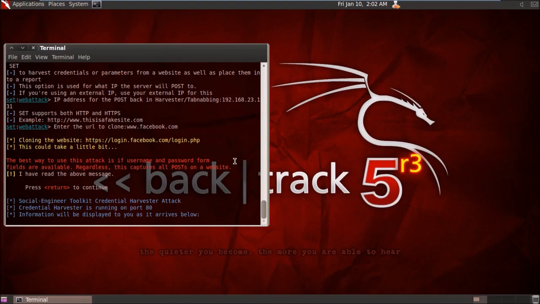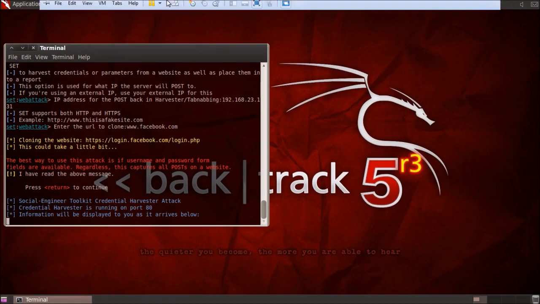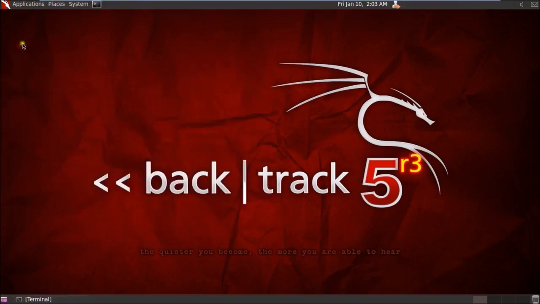Now your attack setup is complete. Whatever credentials the target enters in the authentication page of Facebook on his PC will be shown to you here. Now there are certain precautions that need to be taken. Suppose this attack may not obtain the information, I'll create a backup as well, just for safety purposes.